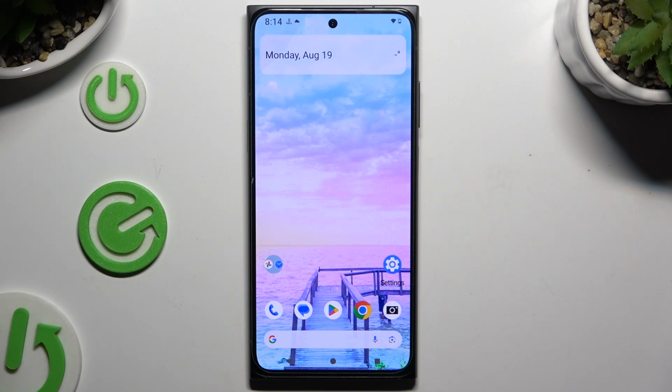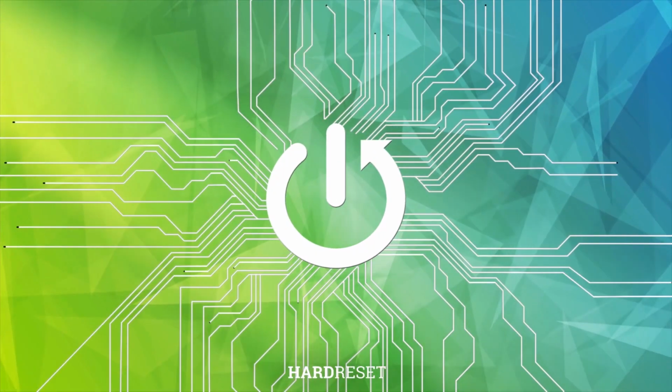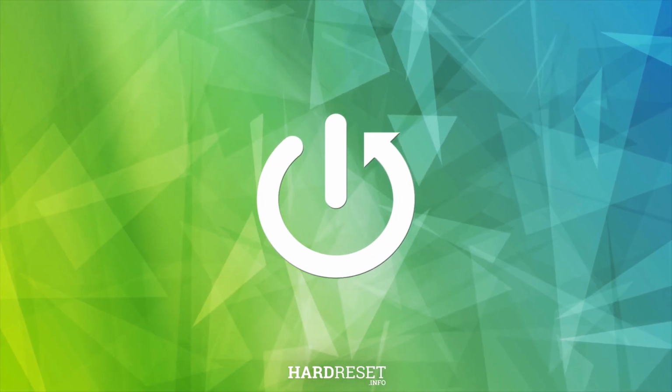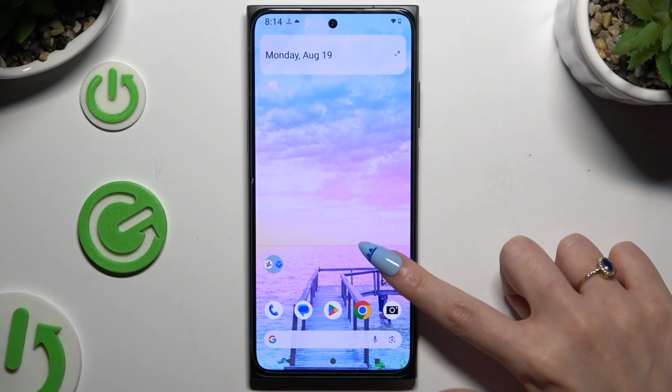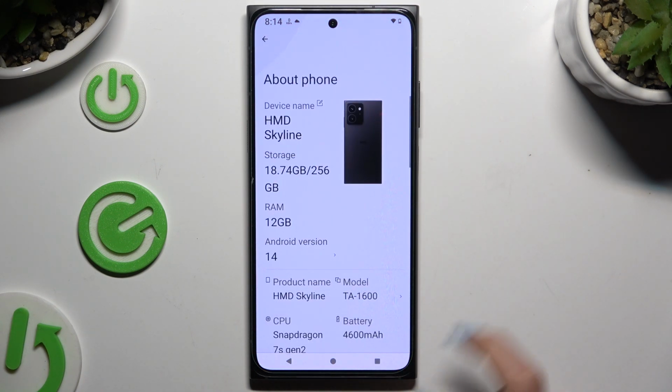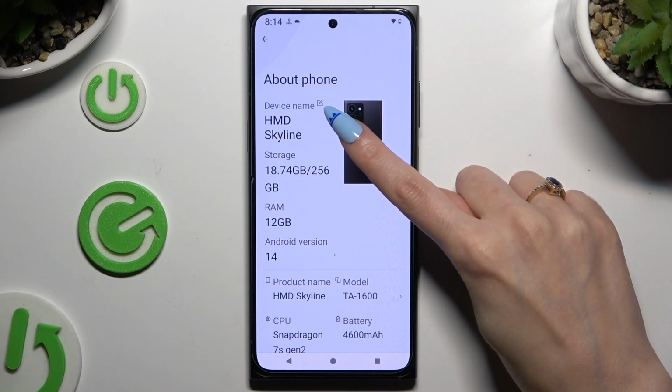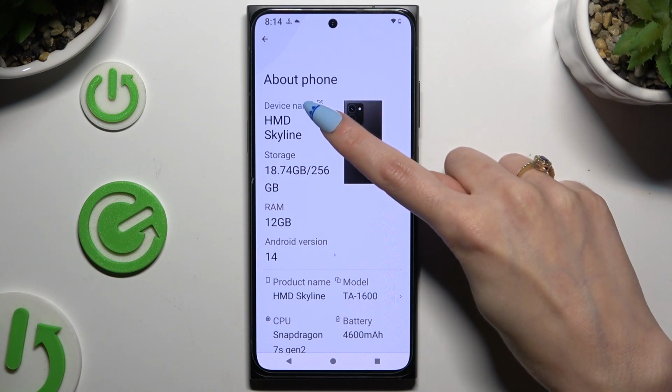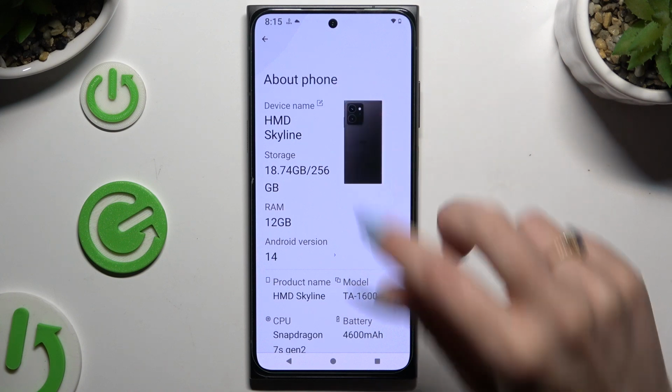In front of me is HMD SKYLINE, and today I would like to show you how you can rename it. Begin by opening Settings and scrolling all the way down to access About Phone. Then click on this little edit icon at the top right corner of Device Name section